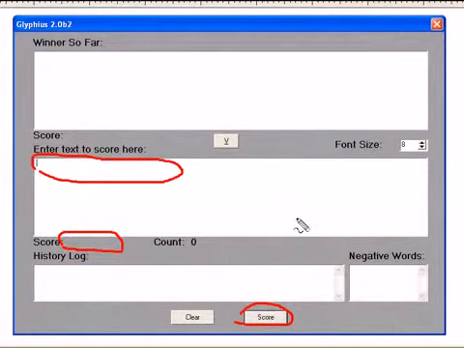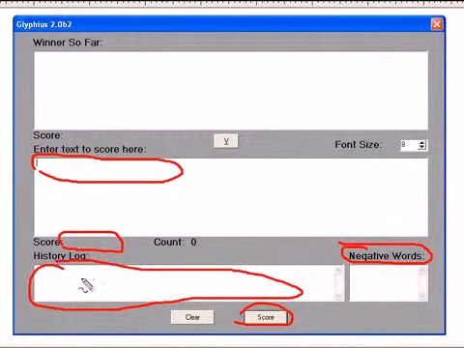And also what Glyphius will do is if I have any words that keep the score down, negative words, it will list those words in here with their scores so I can try to rewrite the copy without using those words. I'll also have a history log as I experiment and try different headlines. The headlines I try and the scores will be down in this box, and then up in this winners so